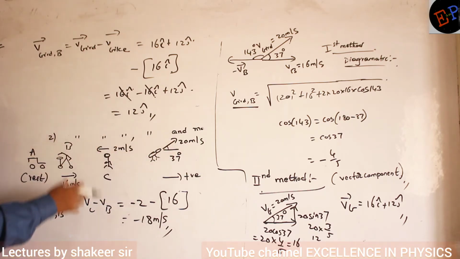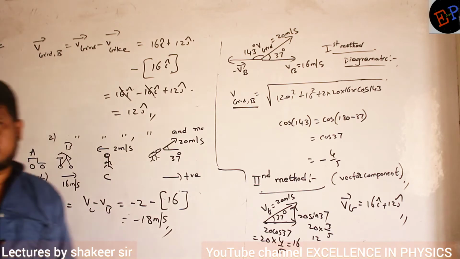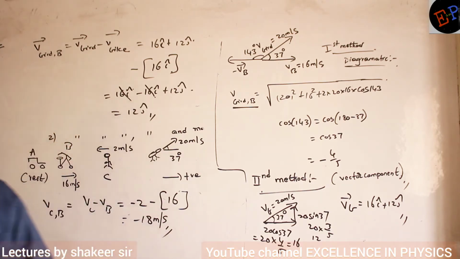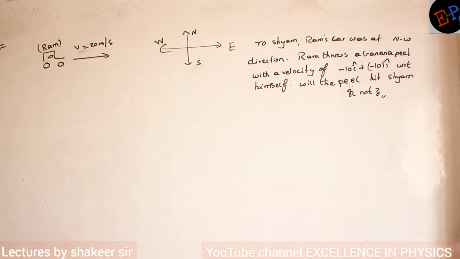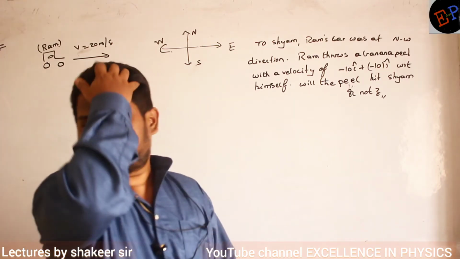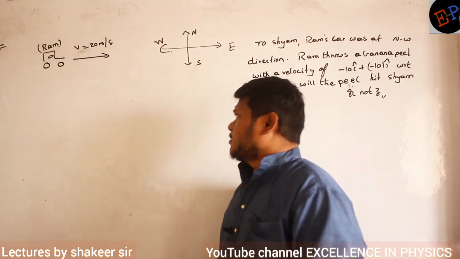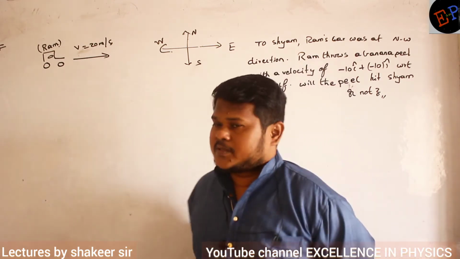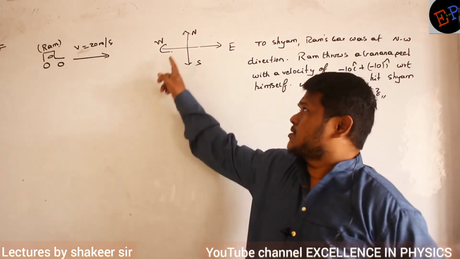Second one, first one I have done all the three. Two questions are there now. Second one you can try to do. Fine. Come on. So this is a car in which Ram is traveling. Okay, and he is traveling with how much speed? He is traveling with a speed of 20 meters per second towards the east direction. This is the east direction.